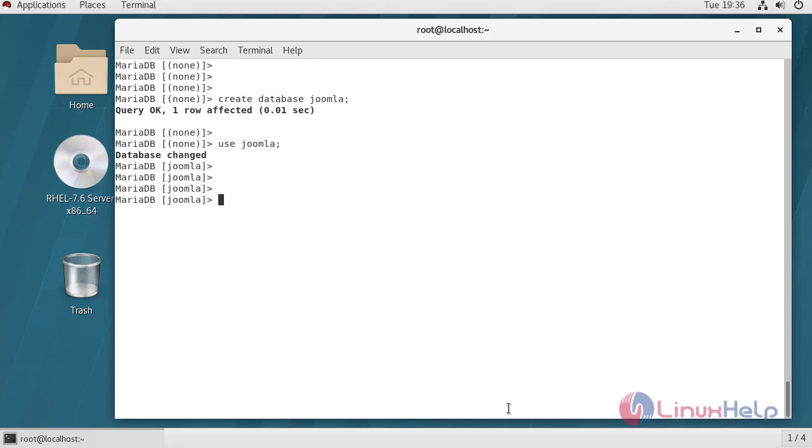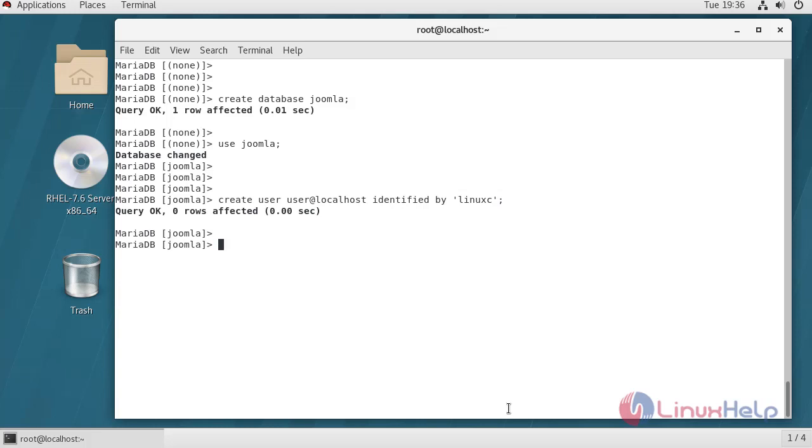Now I am going to create user for Joomla database. Give password for that user.